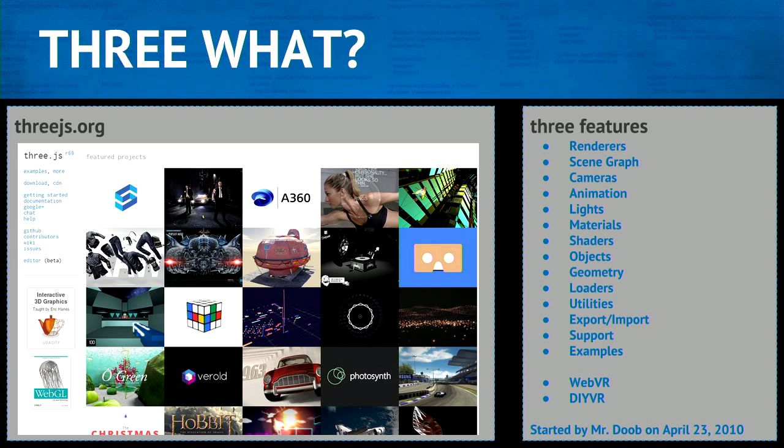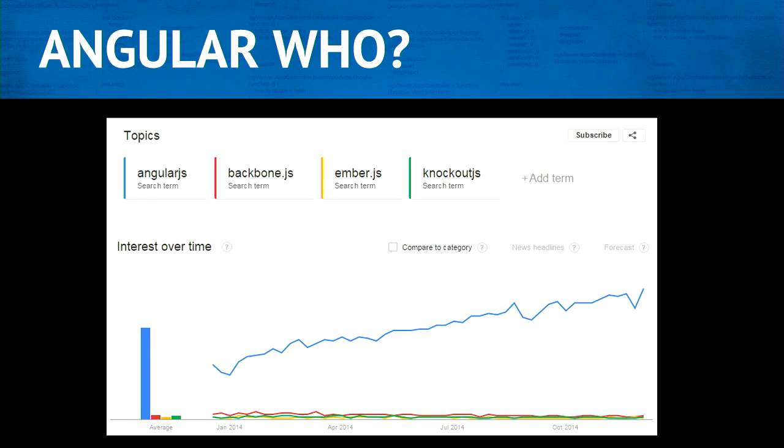This is an Angular meetup, so some of you might not know what the Three.js library is. Essentially, it's this incredible JavaScript library that's been out there for about 4 years. It's got hundreds of people working on it, thousands of commits, I think around 10,000 now, and it's absolutely great. The majority of the 3D work you see out on the web is either Three.js or leans heavily on Three.js. There are a couple other libraries out there as well. There's Babylon, some newer ones, and if you go to the examples page, you can see some incredible code implementations.